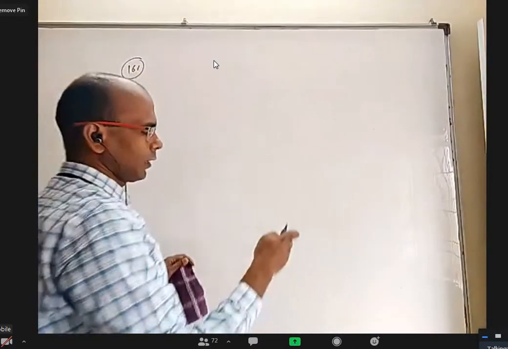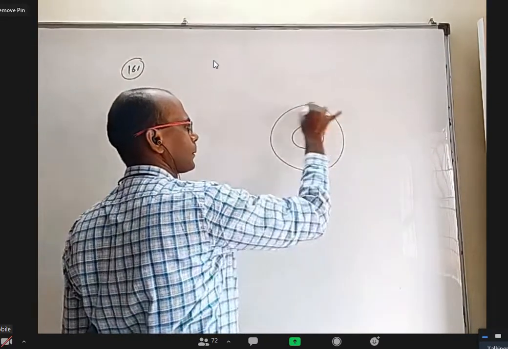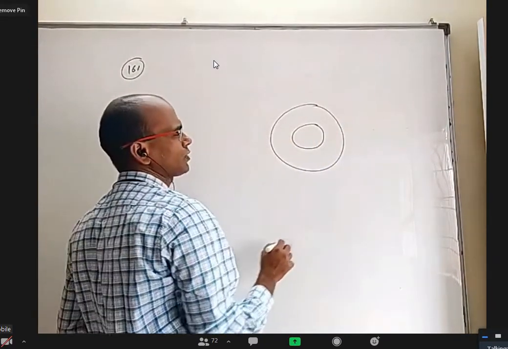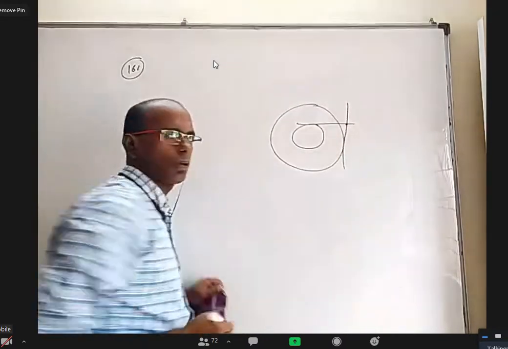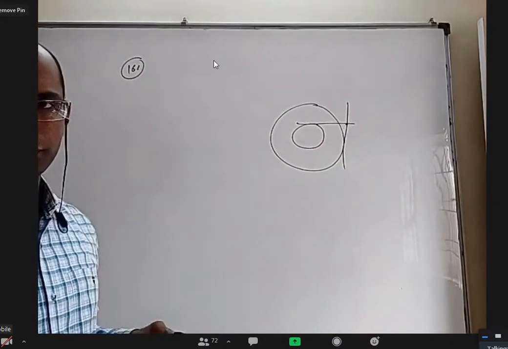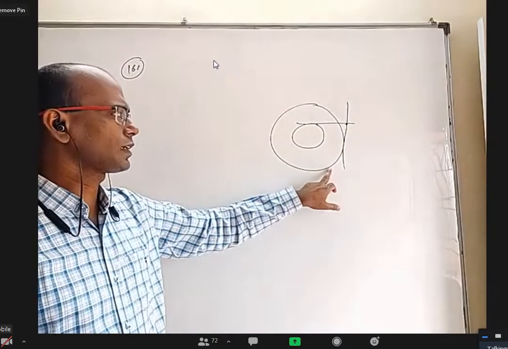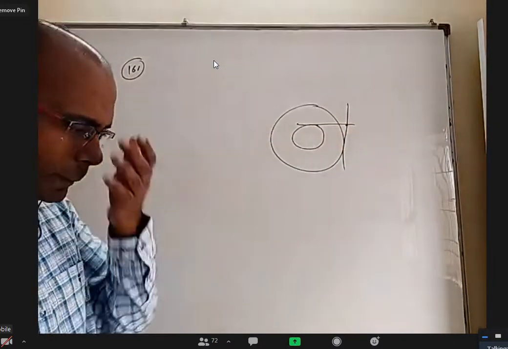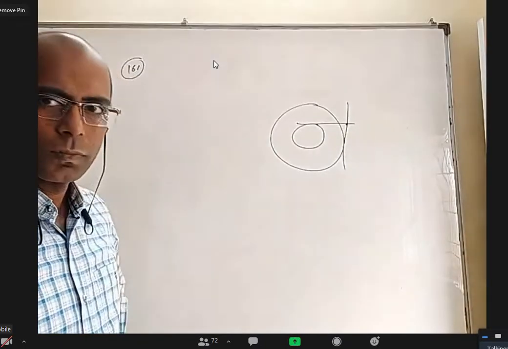Okay. Let us see if there are two concentric circles. But then question where one tangent to this and one tangent to this, if they're perpendicular, what is the locus of that point? You remember that question, right? In fact, if this radius is A and this radius is B, what is the locus of that point? X square plus y square is equal to a square plus b square.